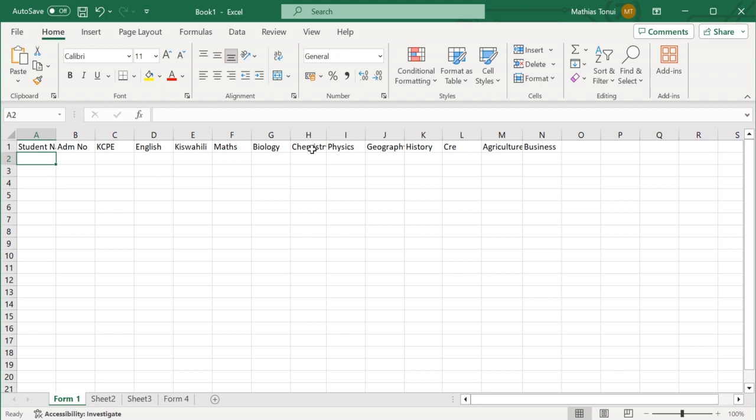But as you can see, chemistry is not visible, geography is not completely visible, agriculture the same, and student name. We are going to see about that. But now I think